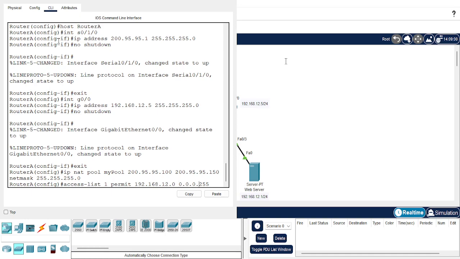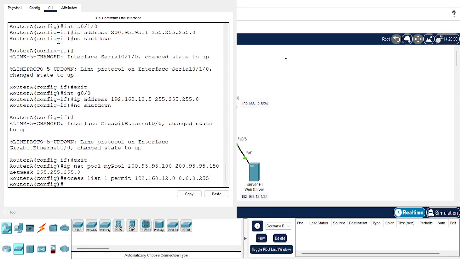So the last octet is reserved for hosts. We want to tell them that any host within our own network can use from the pool, but no hosts from outside of the network can do that. So that is essentially what the wildcard mask does. So once we hit enter,